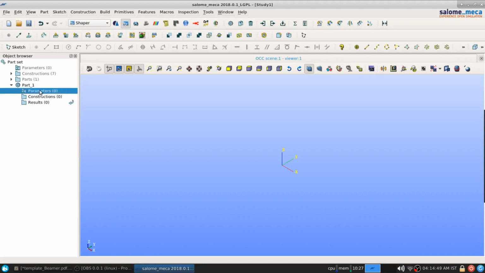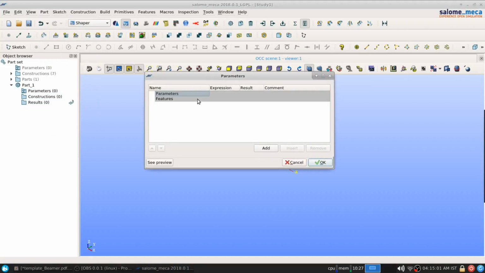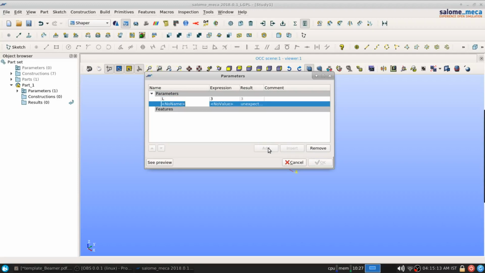In the parameters, again if you right click or double click, nothing happens over here. The only way you can add parameters is again to go to Part and go to Parameters, and here you can give parameters. I will give 3 parameters right now: length L is 3 meter, then width B is 0.250 mm, and depth